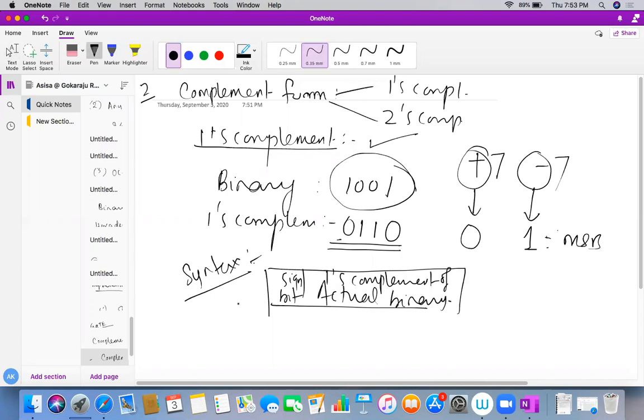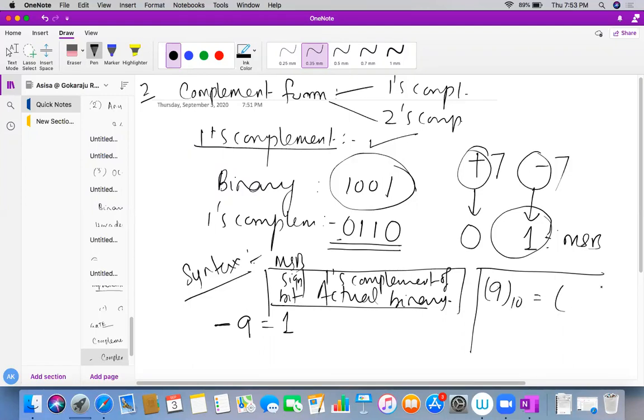Now see an example, how to represent -9. Here it's minus, so my MSB would be 1. I will blindly write just 1. Next, the 1s complement of the actual binary. What is the actual binary of 9? The actual binary of 9 is 1001.